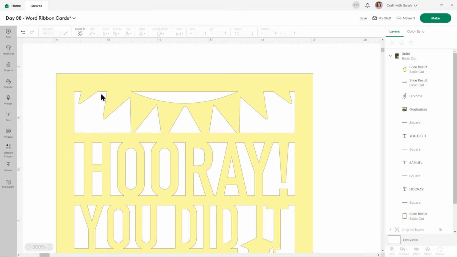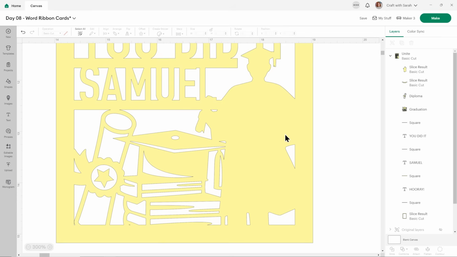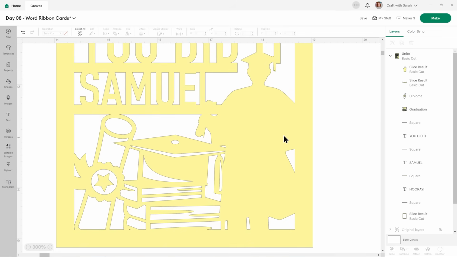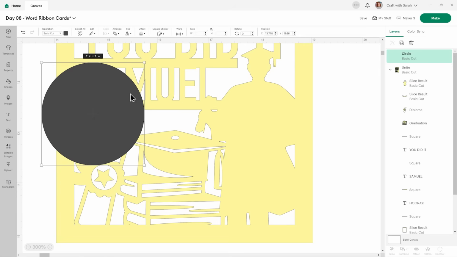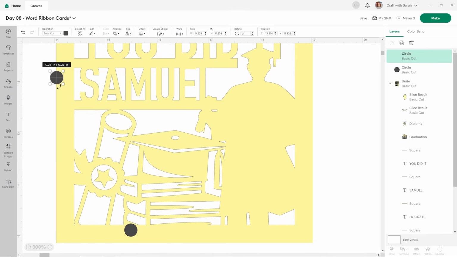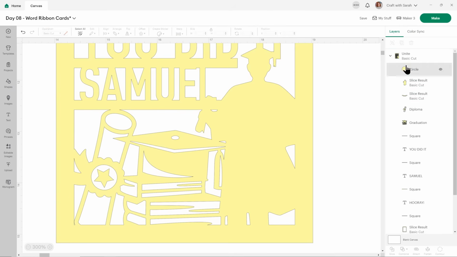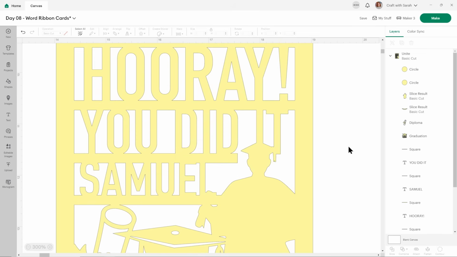There are quite a few little pieces in this one that need to be filled in. For example, there's a little gap there. There's a little piece here. And the rest of them are actually probably okay. So I'll do our trick that we learned earlier of taking some circles, placing them over the bits we want to fill in. There we go. And then drag those into the unite, and then they'll become part of the image. The others don't look too small, so I think we're all right with them.